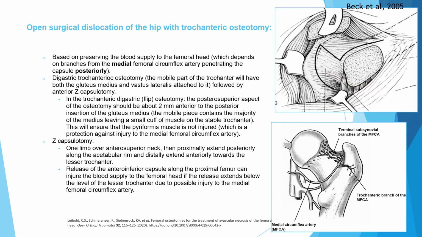So you'll do your Z cut in the capsule. The longitudinal one is across the antero-superior border of the neck. As you can see here, this is anterior, this is superior. So this is along the antero-superior border of the neck. And then the proximal can go posteriorly across very close to the acetabulum, so you're away from the blood supply